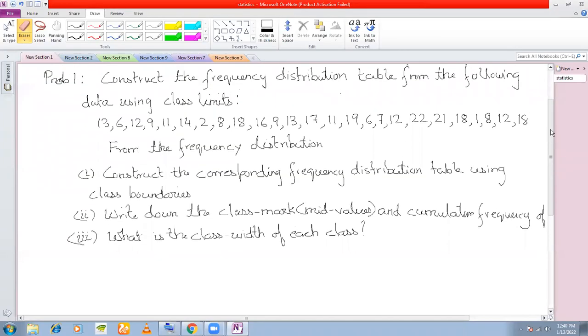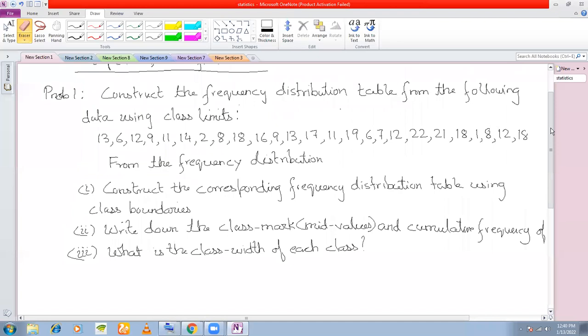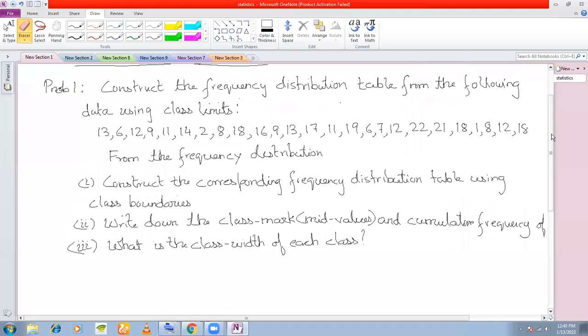Now, if you see the amount of data here, in order for us to construct a frequency distribution, the number of data is huge, right? A lot of data is given, right? So what we do is we try to organize the data a little, and while organizing, we construct frequency distribution tables. How do we organize this data?